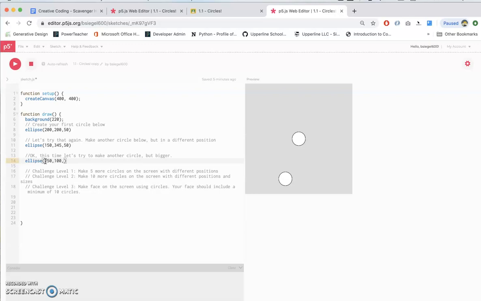And to make it bigger, how can I do that again? Well, that's right. I increase this third number. That's my radius. So I could put in like 150. And you'll see that I get a really big circle here. See? Cool. So now that we have 3 circles on our screen, what I want to do is introduce you